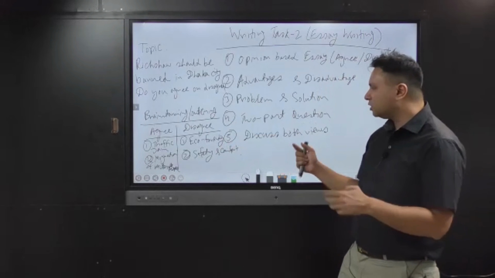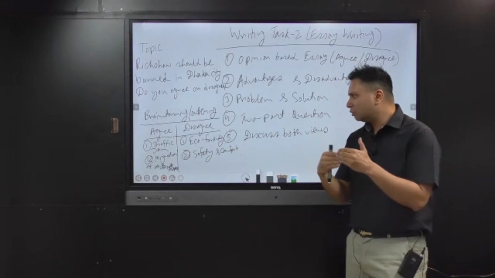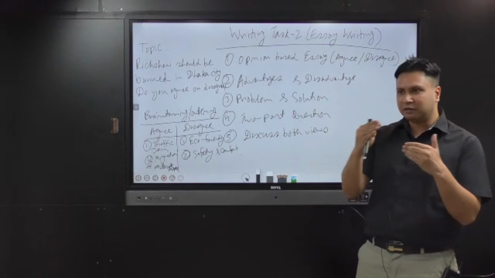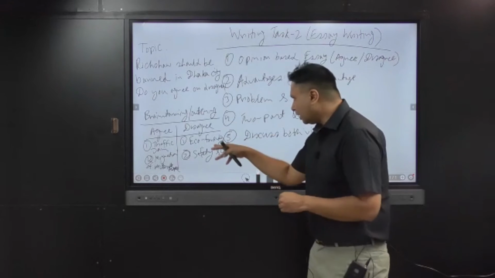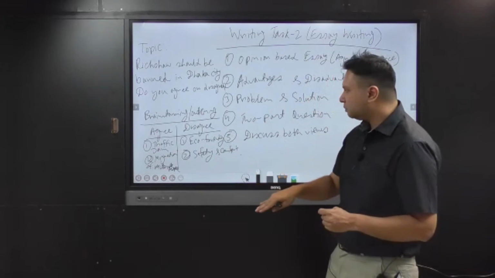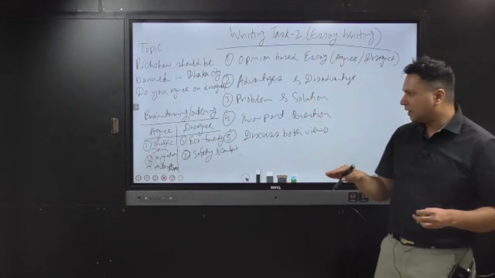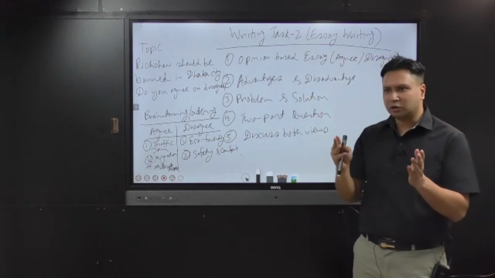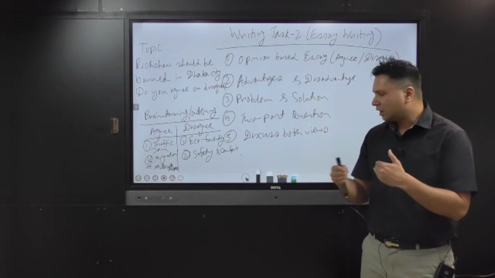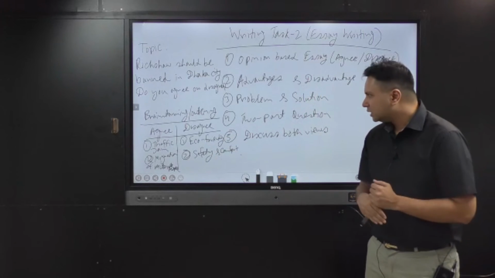Why counter argument? Because you have to show the examiner that you have understood the essay from a different perspective. So either you could use eco-friendly or you can use safety and comfort. Then the last part is the concluding part. Here you can use linking or connecting words like in conclusion, to sum up, in conclusion, and then